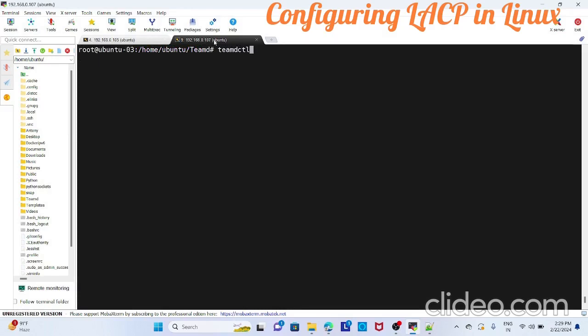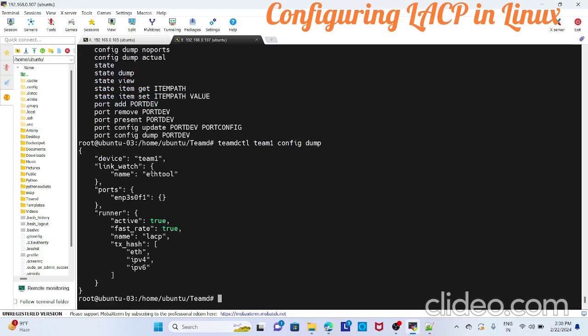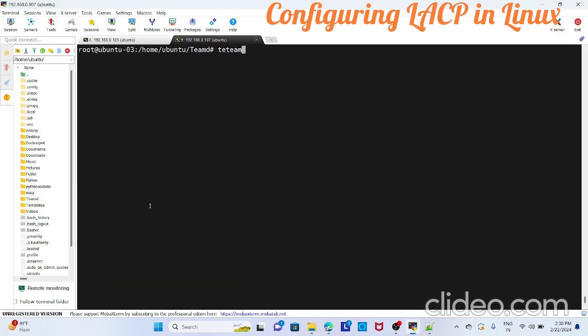We have different modes to check. We can also see the configs, modes, everything. I'll just show one. Config dump: you can dump whatever config you have used. So you can see the overall config, because this is the basic config and on top of that we have added. And then you can see the port also. You have one more command called team